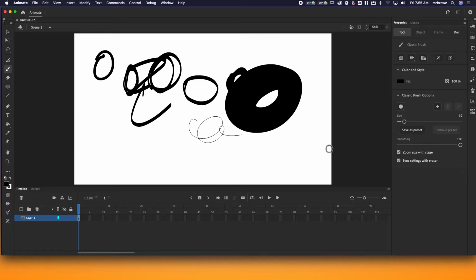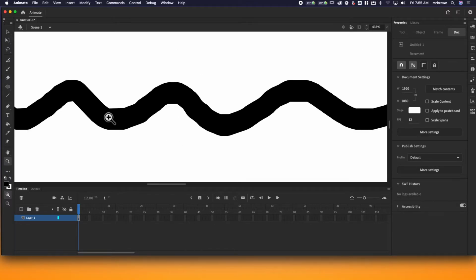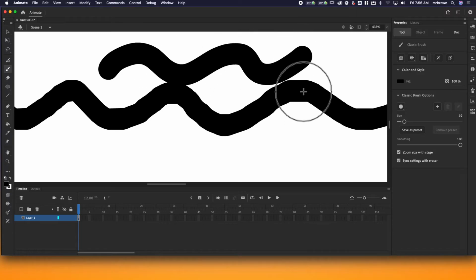Okay, smoothing. Now this is kind of an interesting thing. Most of you are just going to want to leave this alone. Over here on smoothing, if I turn that all the way off and I start drawing, I'm going to zoom in real close on this line and just show you kind of what smoothing does. You can see that there's kind of some jaggedy edges in here. It's just based on the way that Flash develops that information. If we turn smoothing up and I draw, you can see that it takes those jaggedy edges and it smooths